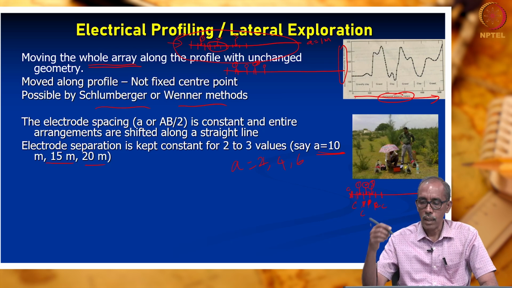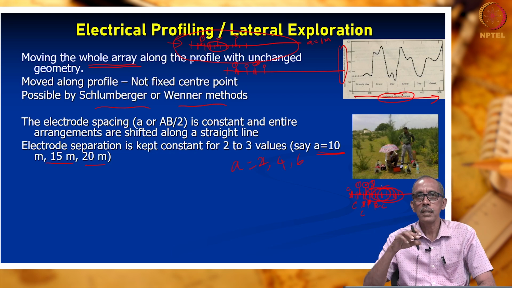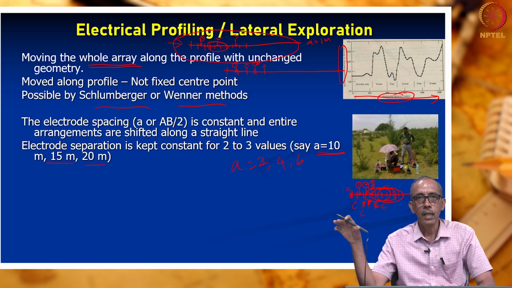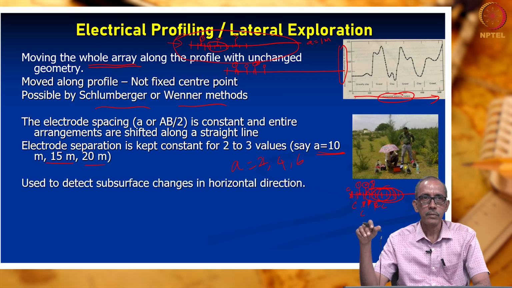So, this is how we can carry out the survey a little faster, because there is no confusion. Am I clear? So, these are the electrodes. Now, I use these 4, next time I use these 4 electrodes, next time these 4 electrodes. This is how I progress along a profile using the Wenner method. So, it is preferable to carry out profiling by the Wenner arrangement.